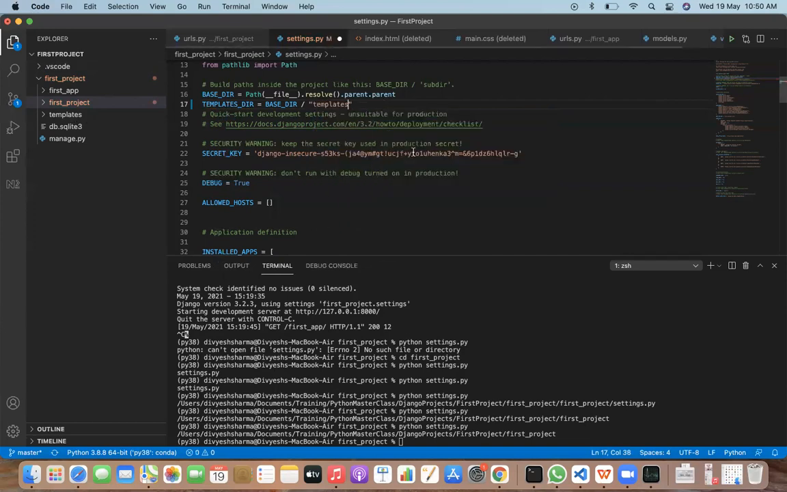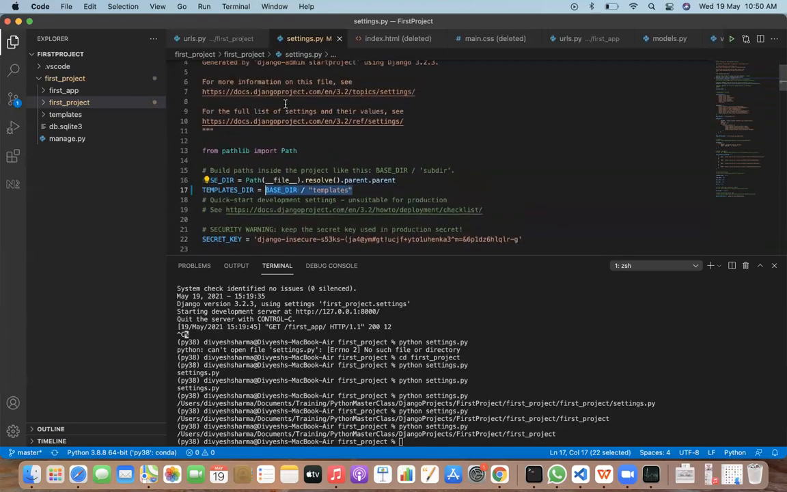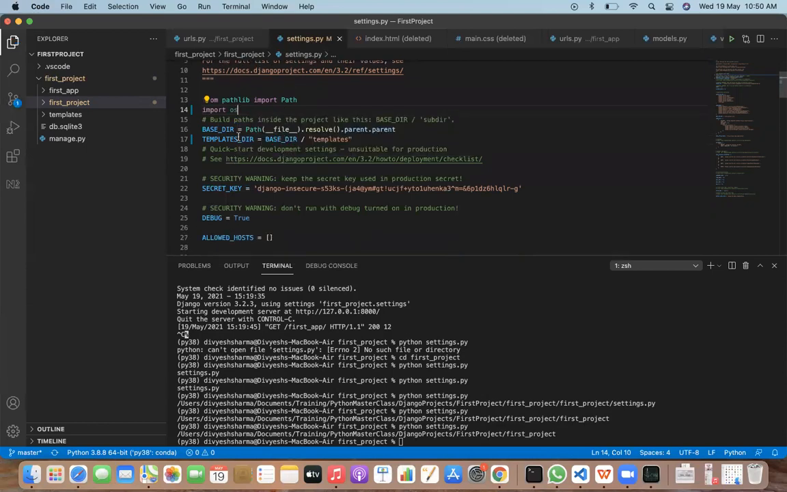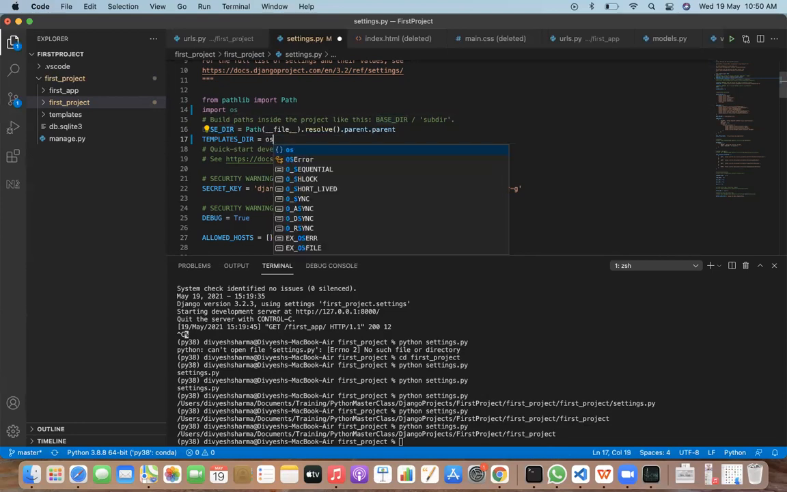Okay. So the problem with this, I mean, this will work fine, but sometimes this slash works in Mac, but doesn't work in Windows. So the safest way to do it is to import a library called OS. Import OS is a library which provides all the OS capabilities that we have. So we will make use of that and try to join